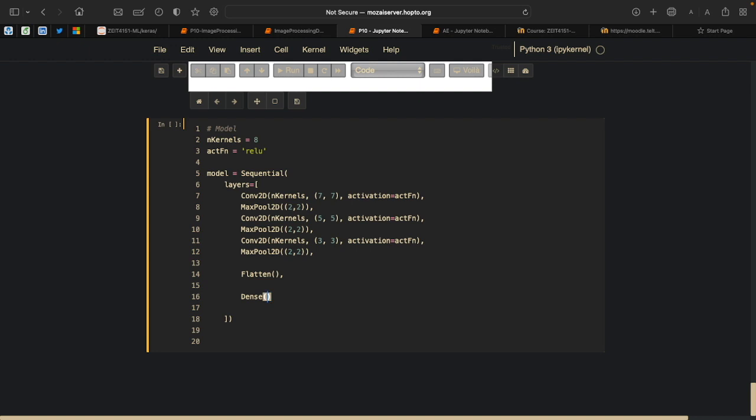So this would be dense, I don't know, 8, activation equals act function, and our output layer. This will be 1 because this will give us the sigma, and the activation should be